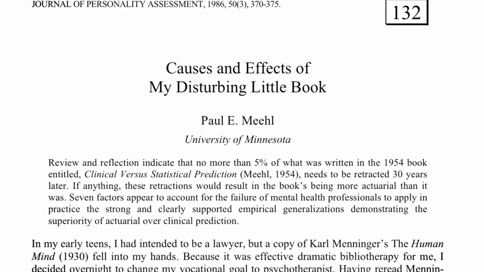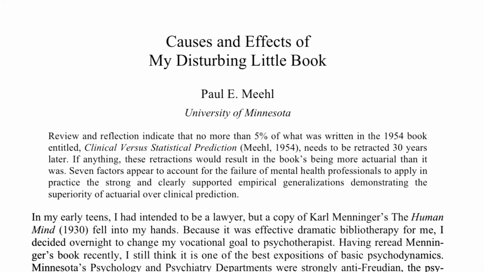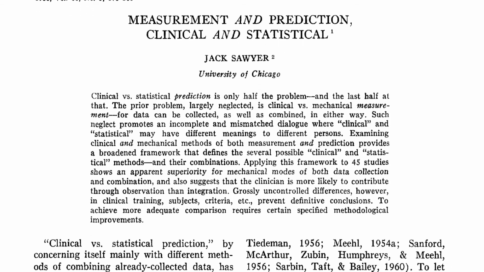In 1986, Meehl reviewed 90 studies comparing the two methods. In all but 6 of those studies, the statistical technique was more accurate at predicting behaviour. Sawyer's earlier research in 1966 suggested that the actuarial or statistical approach performed better at both collecting information and at combining information. Now, why is this? Why doesn't a clinician's experience and training produce better predictions than a mathematical equation?